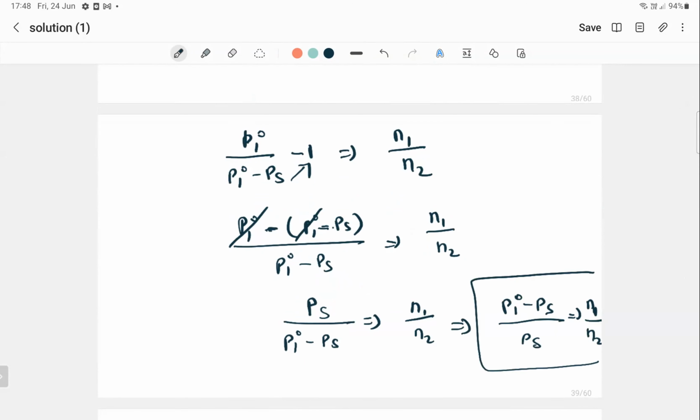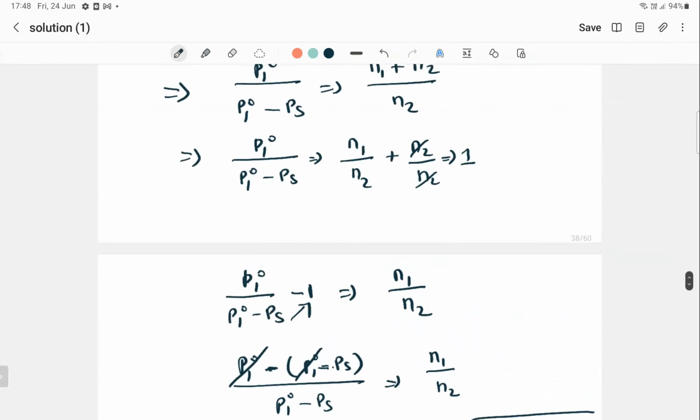Clear? Which means your solute is having more amount of grams in your solvent, in the solution also. Clear with this one? This is not there in your book, but if you want, you can copy it from the exam point of view or competitive point of view, anywhere. Clear? So now with this formula,